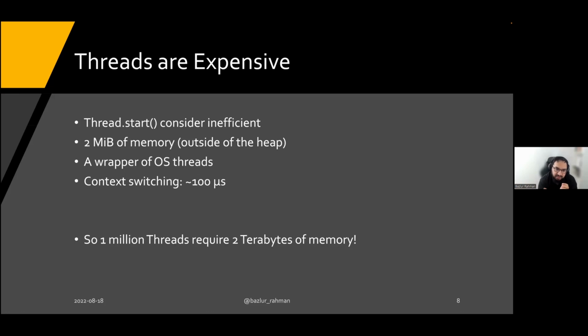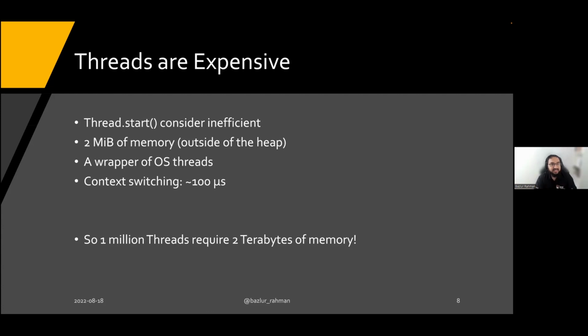And context switching requires some time, which is close to 100 microseconds. It seems little, but if you have a lot of threads, that adds up. So it doesn't always make sense to have too many threads, because that doesn't increase the overall performance of the application. A thread takes memory, and it also requires context switching. So we have to keep those things in mind.